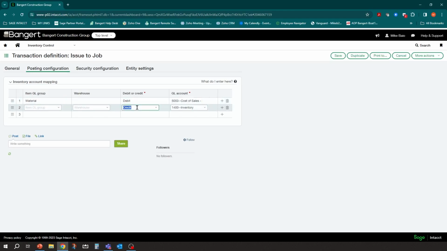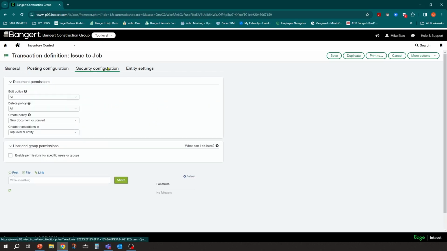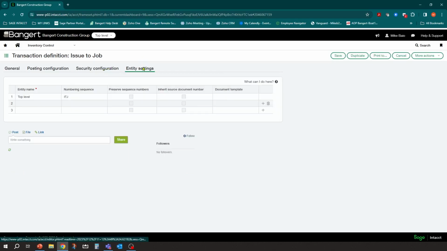And we want to reduce our inventory on hand in the general ledger. If you had multiple warehouses and multiple inventory accounts per warehouse, you can also link the warehouse to this definition as well. Security is set up well, and we don't have anything specific for each entity, but you could. So it looks like we're good to go here.